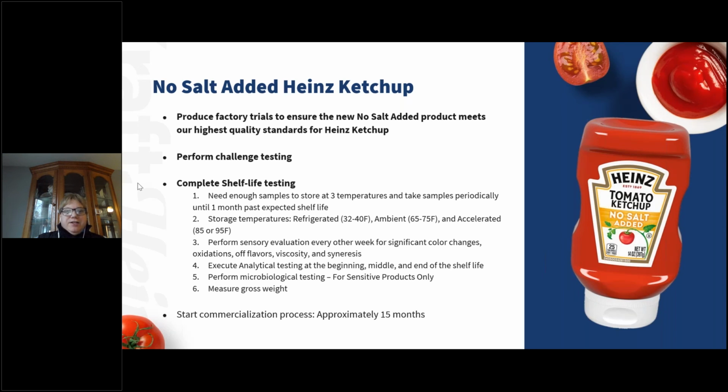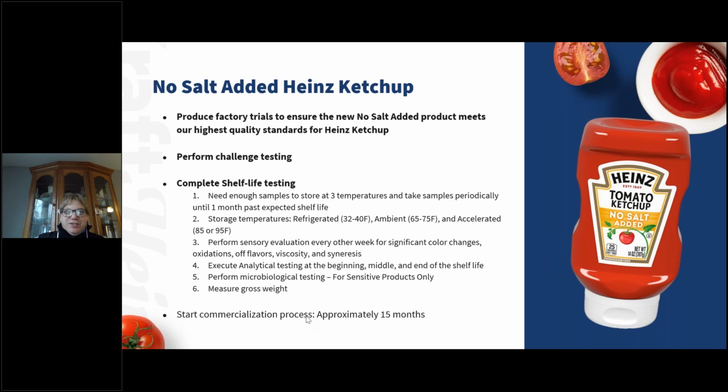Next slide, please. Actually, this is the last slide, so I'm sorry. Then we start the commercialization process, and it usually takes between 12 and 15 months to commercialize something like this. Basically, the steps for our commercialization process are product and packaging development. We have SKU reservations. We have to update our material and packaging specifications. We have to revise our formulation specifications. We have to update our factory processing sheets. We have to revise our trade specifications for printed packaging. We have to order labels and our corrugate material.